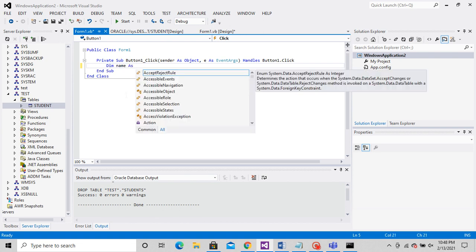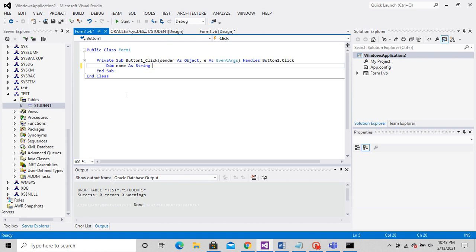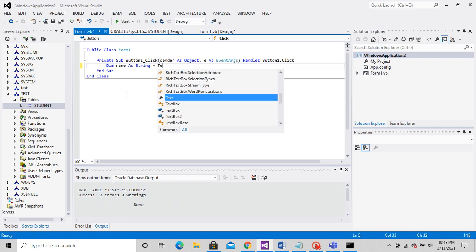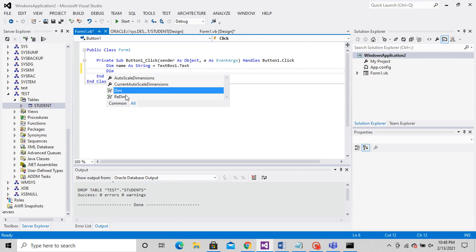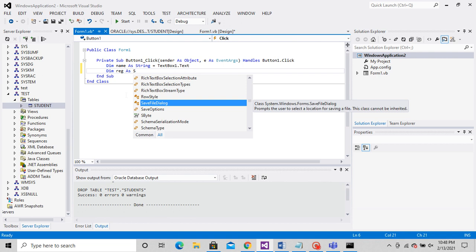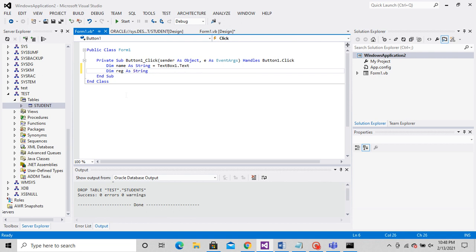You have already studied VB, right? So you already know that dim is used to declare variables. We are just trying to retrieve the values of what the user entered for text box 1 and text box 2.